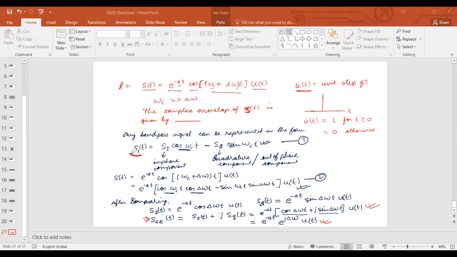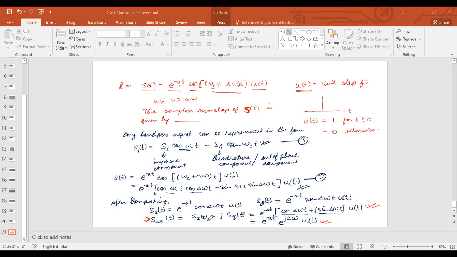Yes, ये जो s1t है, ये जो बैंड पास सिग्नल है, बैंड पास सिग्नल को हम इस फॉर्म में रिप्रेजेंट कर सकते हैं, और यहाँ पर जो कॉम्प्लेक्स इनवेलप का वैल्यू आएगा ये पॉजिटिव या निगेटिव होगा based upon this positive and negative. तो अगर ये पॉजिटिव, अगर ये नेगेटिव है, then there we will have a positive sign here, और अगर यहाँ पर पॉजिटिव होगा तब यहाँ पर नेगेटिव साइन आएगा. So based upon the band pass signal we have the complex envelope. Okay,